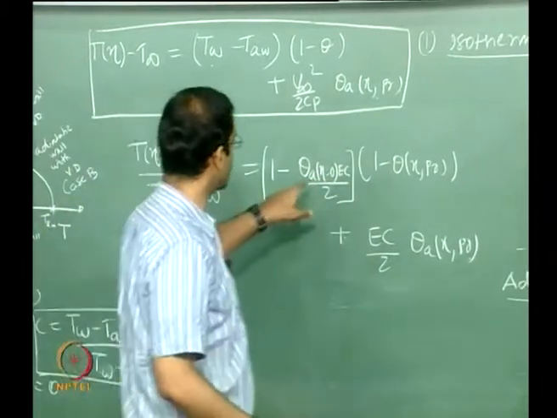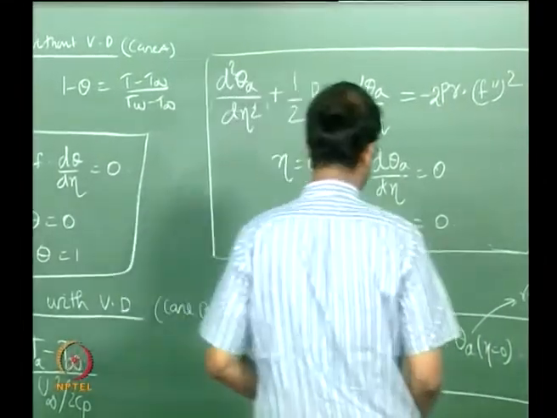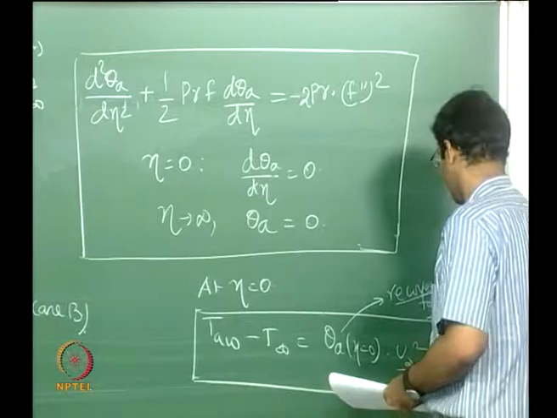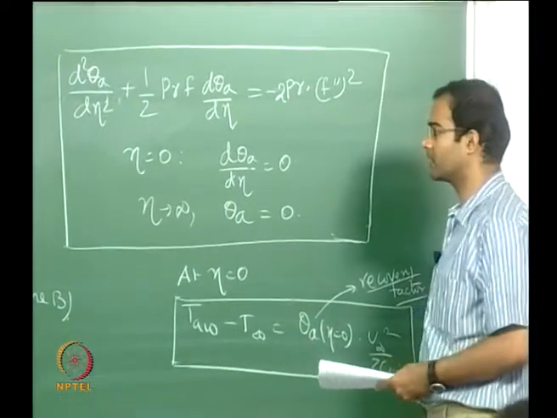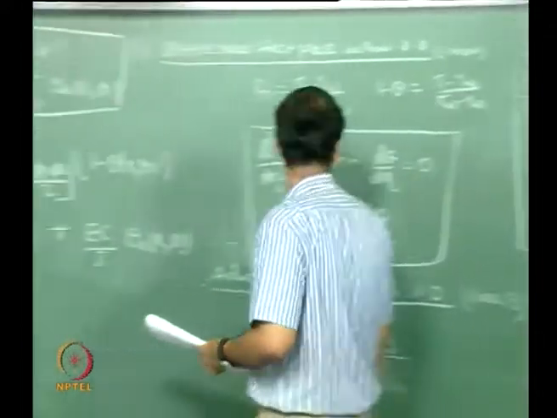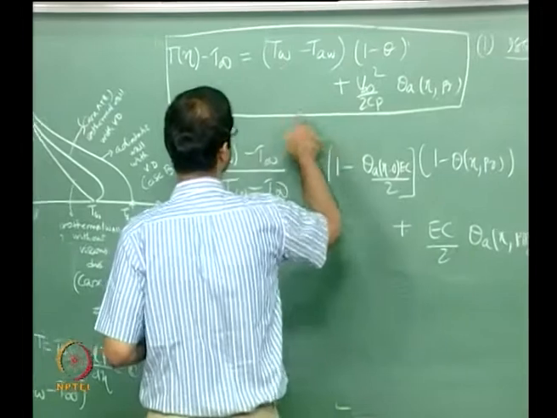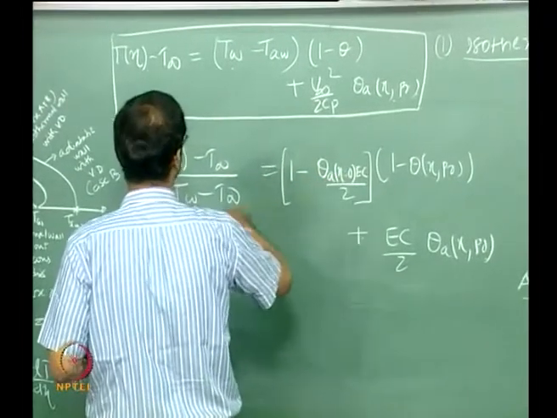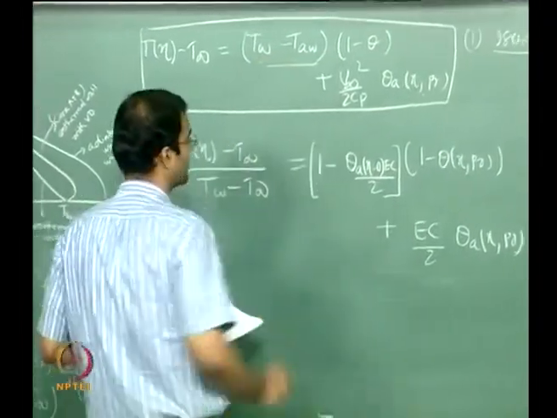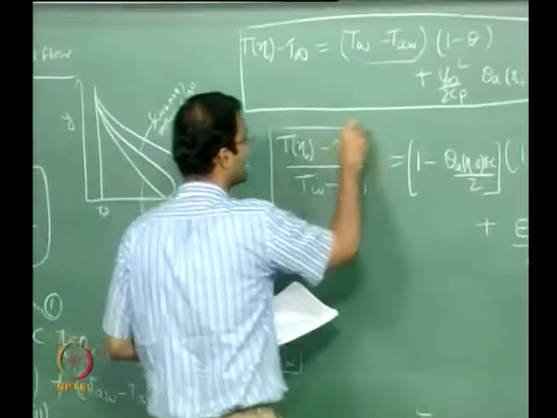Okay, because theta A and into Eckert number is basically this term. Eckert number is u infinity square over Cp delta T into this. So that will be T adiabatic wall minus T infinity. So you can say 1 minus this divided by T wall minus T infinity will give you this final. You can just check that. Okay, so this is your final non-dimensional